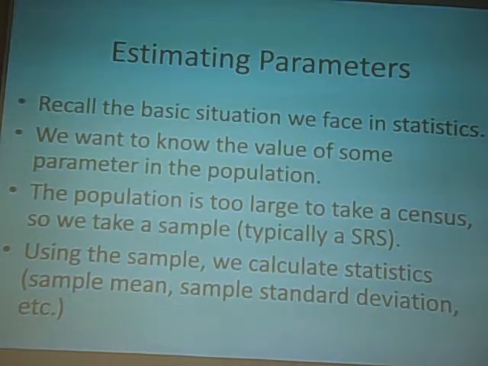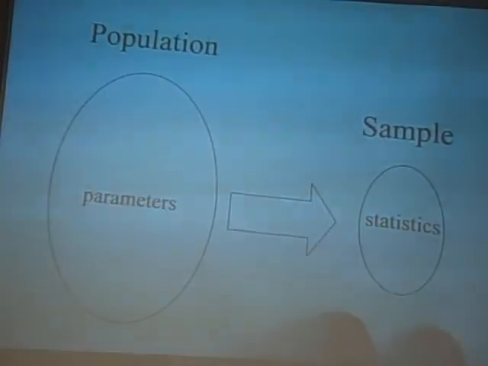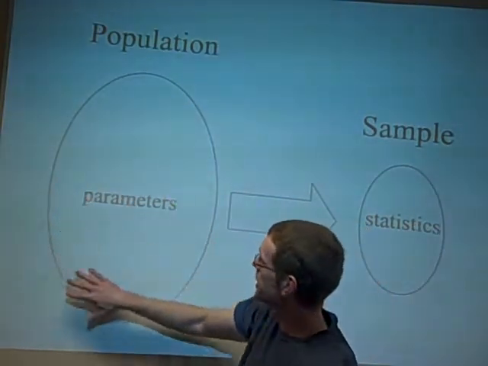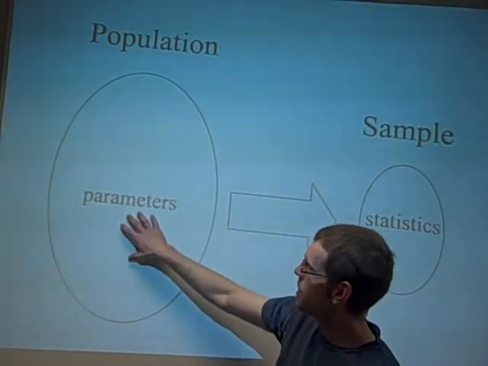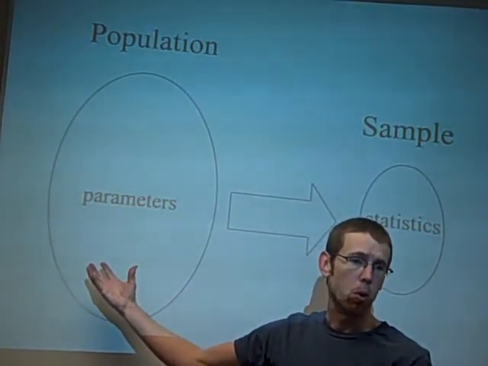So to start this unit, what we want to do is go back and think about the scenario we've been in. So let me jump ahead to another slide here. Throughout the semester, I've been going back to this picture where we've got a large population, and within that population there are some parameters that live there, like maybe mu, where mu is the